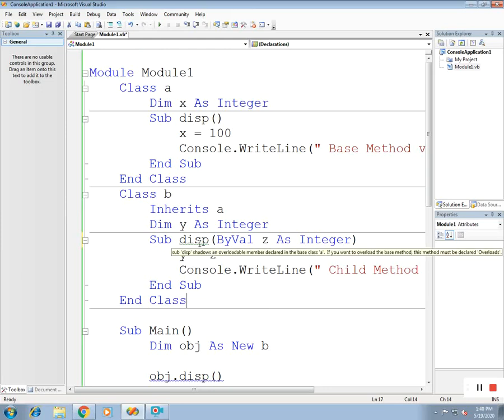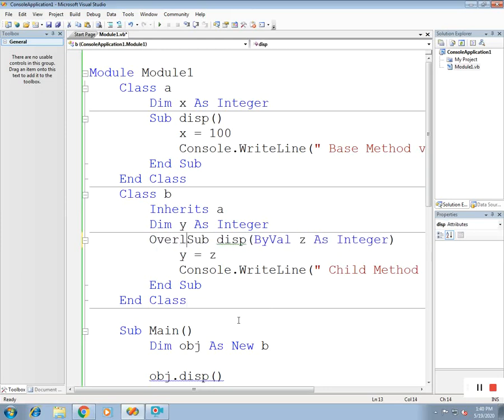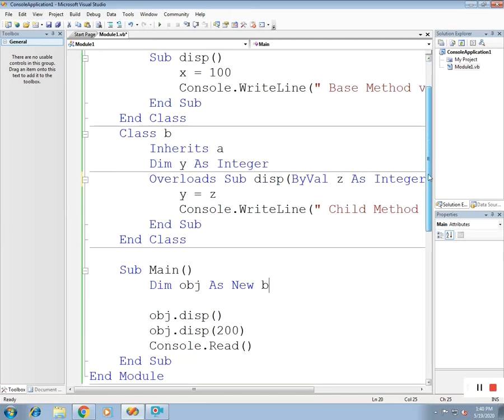If you eliminate this, there will be an error. So you will have to write Overloads. See the whole program.